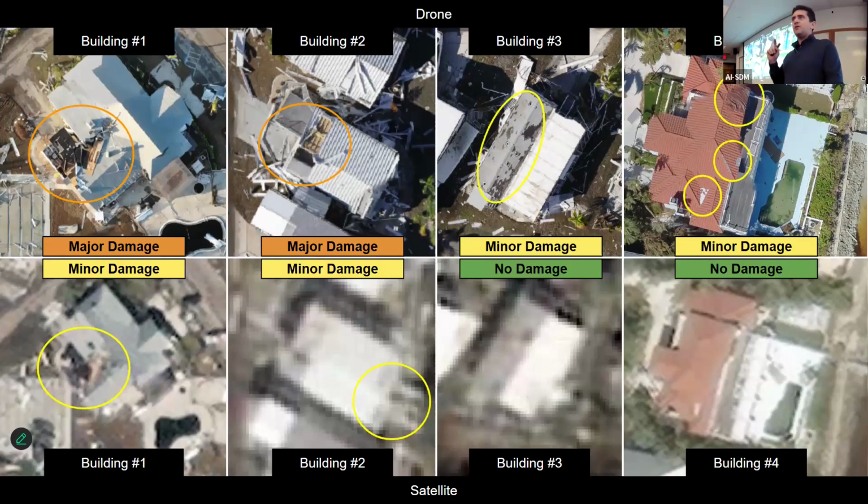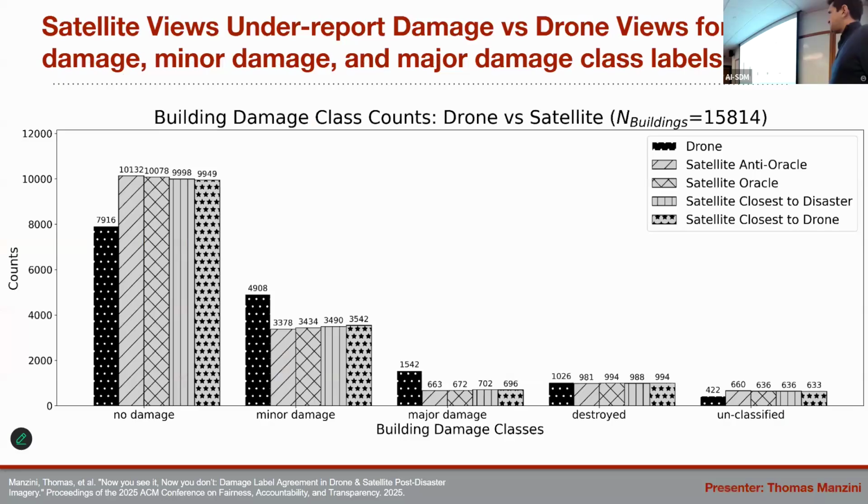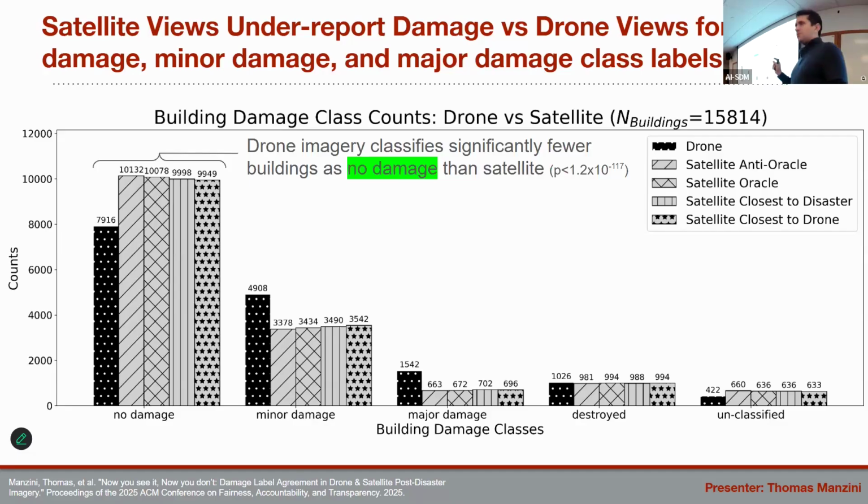So we evaluated this at Hurricanes Ian, Michael, and Harvey, and found the same trend. Here's the upshot. Don't worry about the different gray columns, but just look at the difference between the black column and one of the gray columns. That's satellite versus drone. In this case, drone imagery classifies significantly fewer buildings as